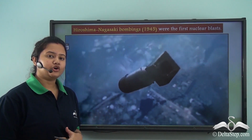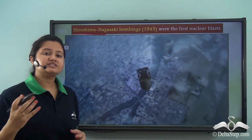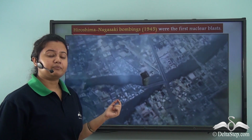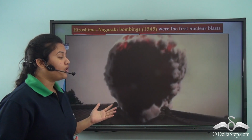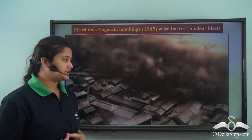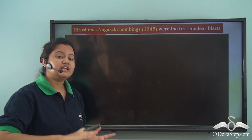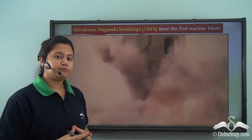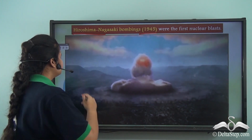Well, you must have heard of the nuclear bombings at Hiroshima and Nagasaki during Second World War in the year 1945. This nuclear weapon was the first one to be ever used in warfare. The bomb was quite destructive and destroyed the two cities completely and left the entire world terrified. From then onwards, attention turned towards peaceful use of nuclear energy or nuclear power, and especially as an alternative source